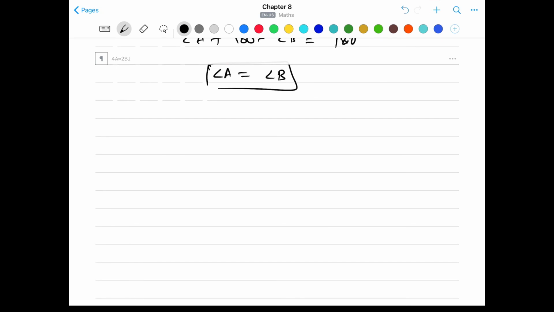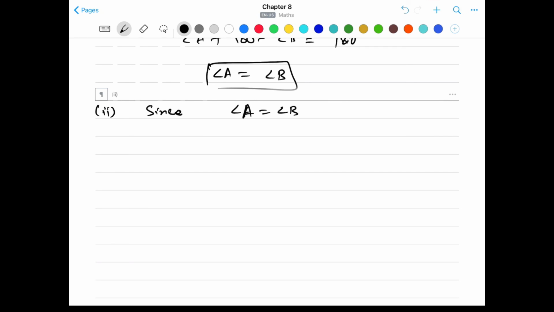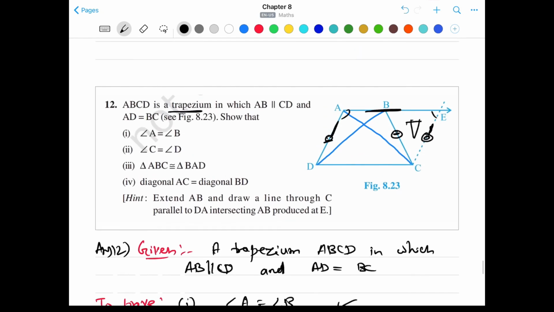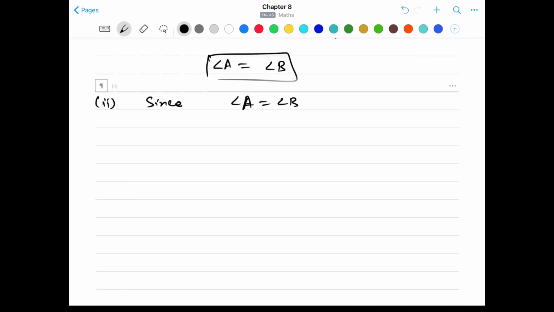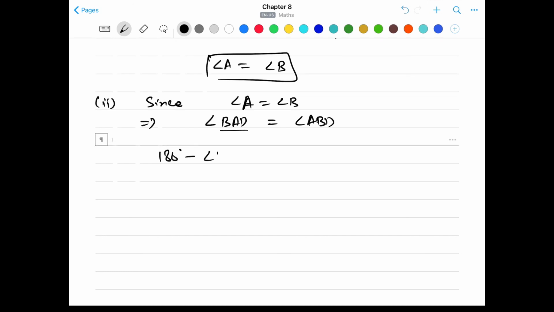Now we have to prove that angle C is equal to angle D. Okay, so we'll write, second, since angle A equals angle B. Okay, we have proved in the figure that angle A and angle B are equal. Okay, this implies that angle BAD equals angle ABD, which are on the side of the trapezium. Okay, we can write this as 180 degrees minus BAD,